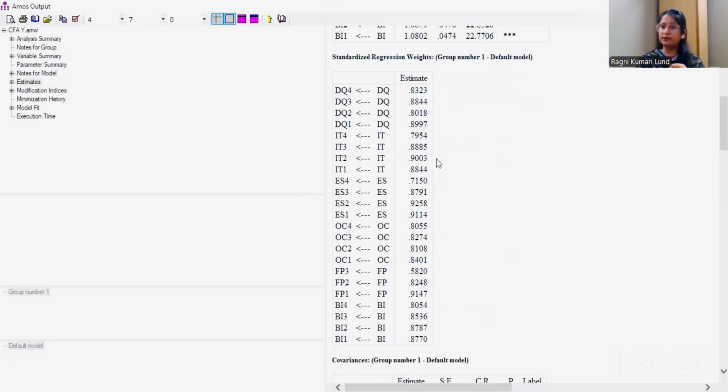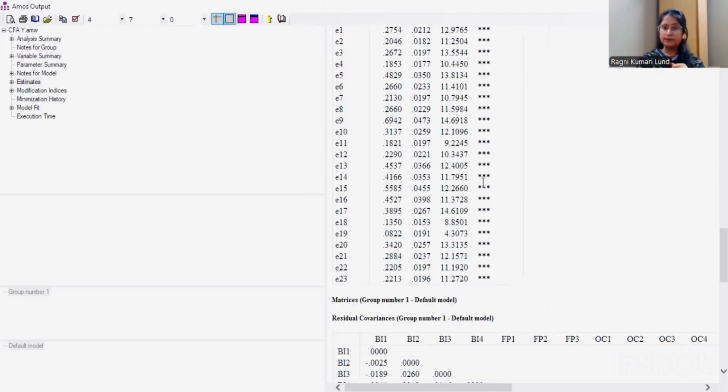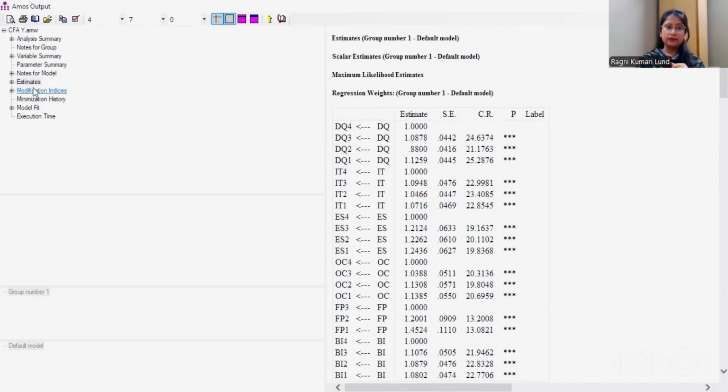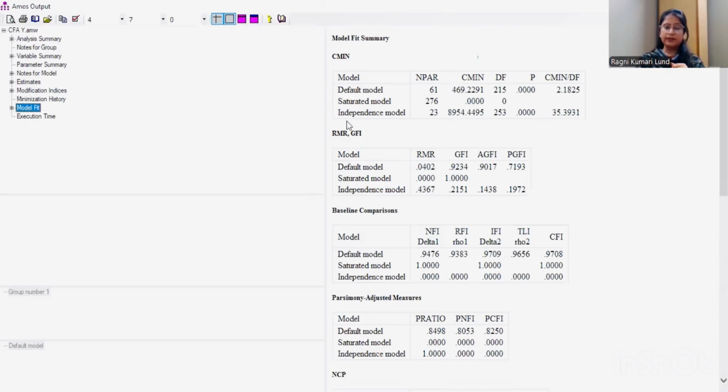These are the factor loadings. These values we have to report in convergent validity. So copy this table and paste it in your Excel. These are factor loadings. Then go to model fit. In model fit, we have already checked the CMIN value, P close, SRMR, but here we have further values or further measures to strengthen our results and report in our research methodological section.